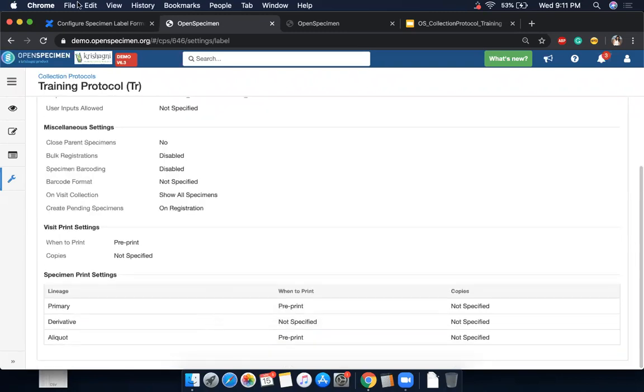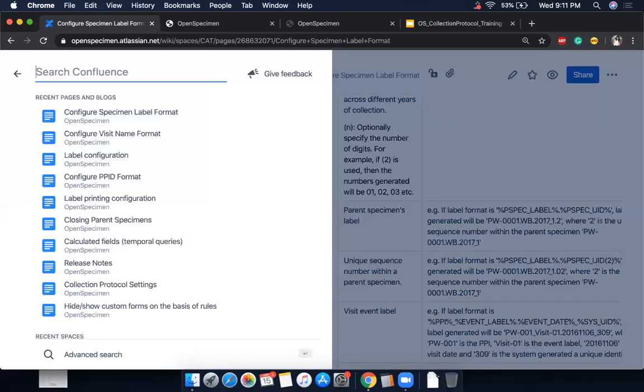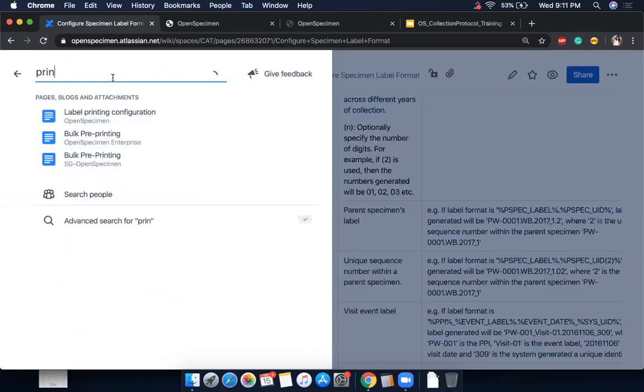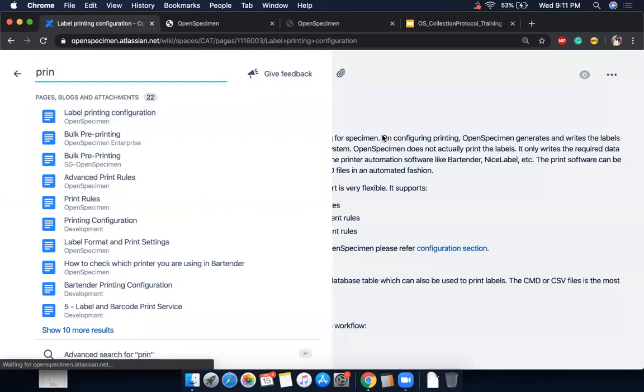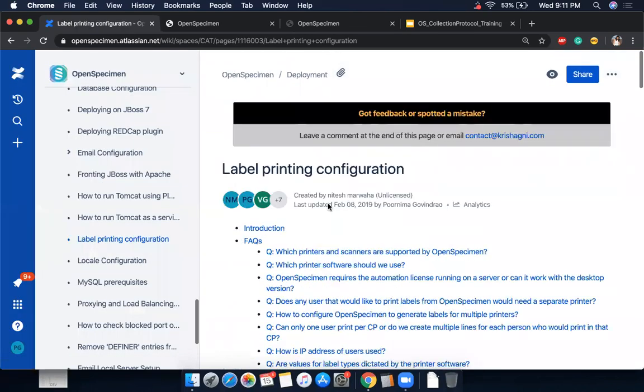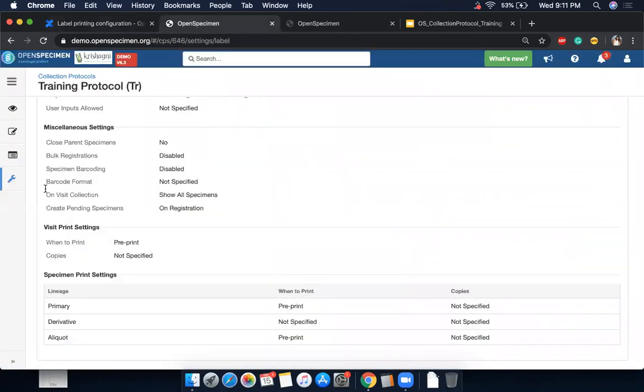But just to give you an idea, if you go to printing configuration on our Confluence, just search for label printing configuration. So you have steps of how to set up printing from OpenSpecimen. So there are a few steps you need to do. The first step is in the protocol, you set up whether you want to pre-print or print during collection.